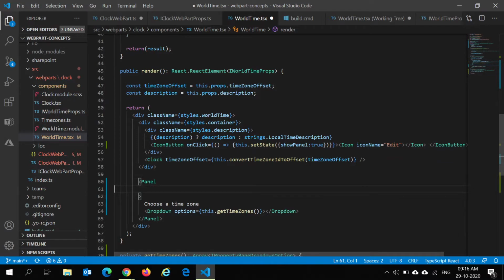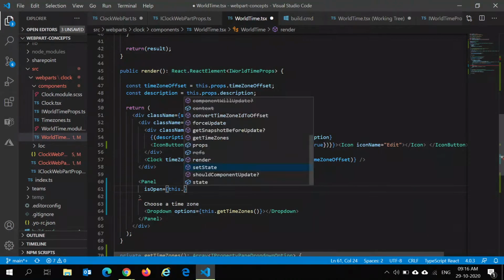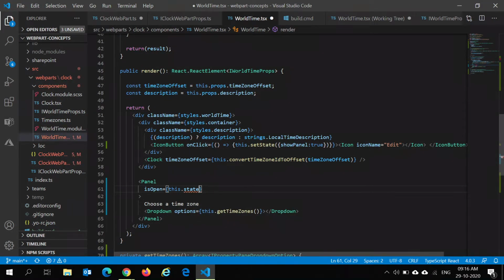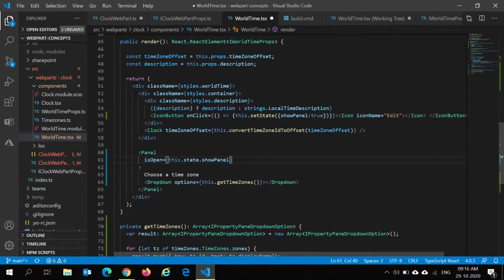And then here in the panel object, I'll say is open this dot state dot show panel. Okay, great. So let's quickly see what we have done till now. So we have added an icon button, and on click of this button, we are setting the state of our show panel to true. And whenever the user clicks on that, we'll show a panel.